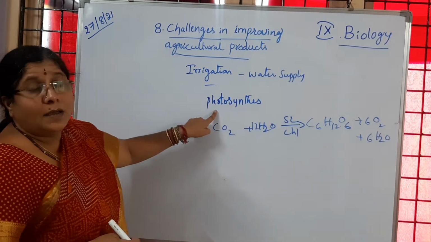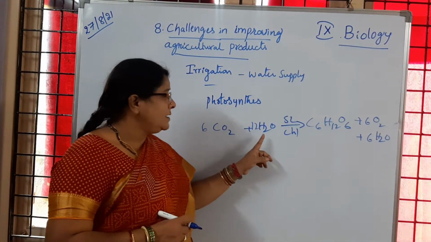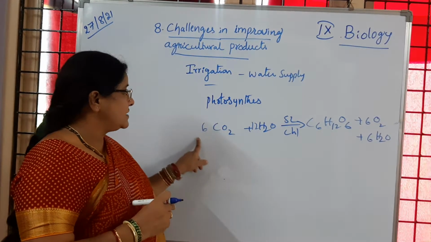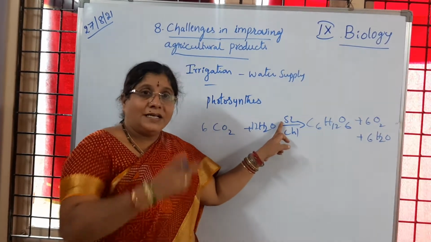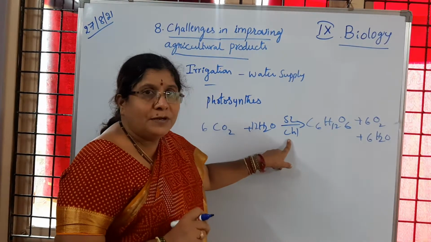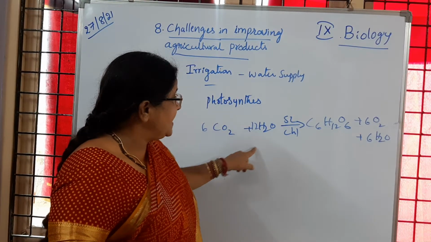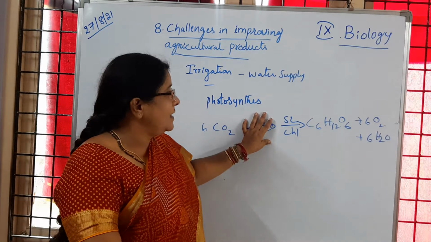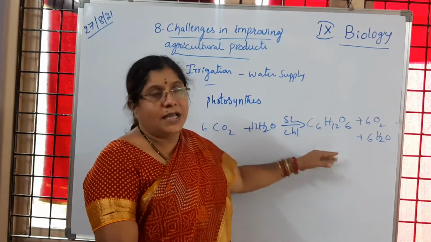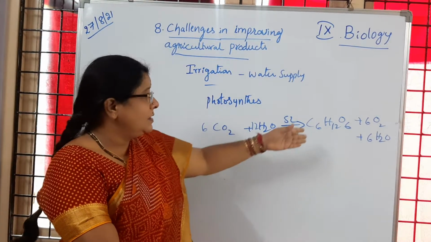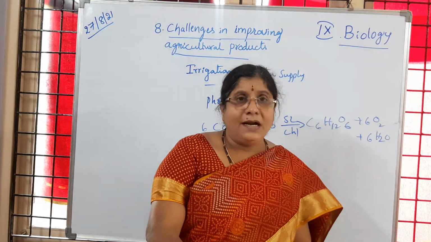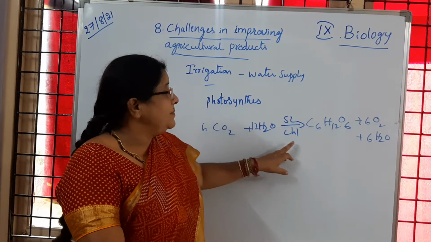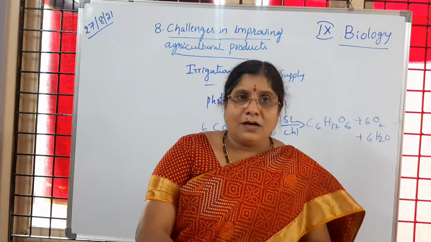So now in the process of photosynthesis, the plants make use of water. What for? Converting carbon dioxide, in the presence of sunlight, solar energy, with the help of chlorophyll present in leaves. So these inorganic materials are converted to starch. Is it clear to children? So if water is not there, starch formation cannot take place. Like that, if carbon dioxide is not there also, starch formation cannot take place, no doubt in that. But here we are learning irrigation, that is the reason water supply is very, very important for getting a good yield of the crop. Is it clear to you?